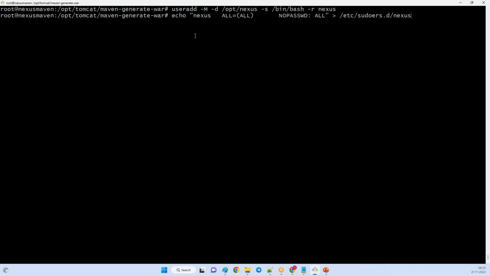You know, at the Ansible level, we added a sudo user, right? So we added the Nexus user to run all the commands without any password. So I'm adding the Nexus user entry into the sudoers file. Okay, so using this file, we can do that. And after that, what I'm doing is simply